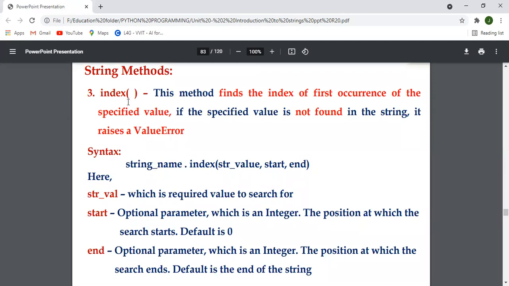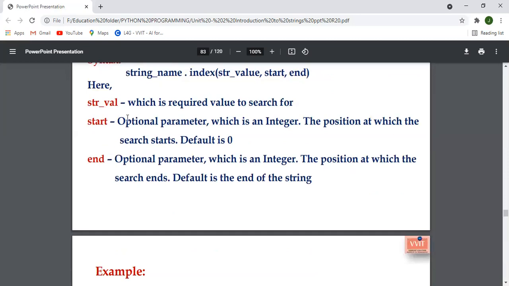Next, index. The general syntax is string name dot index, string value, start, end. This method finds the index of the first occurrence of the specified value. If the specified value is not found in the string, it raises a value error.